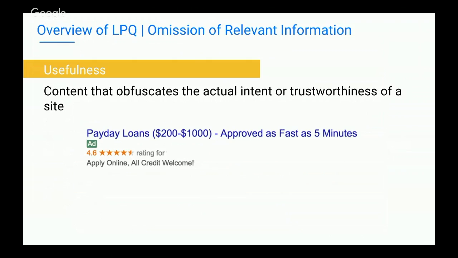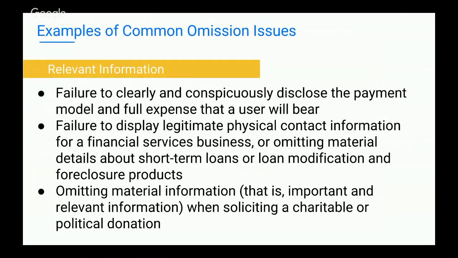It should be very clear to me that, hey, this website is for Tanisha's business and she makes money doing X, Y, Z, and I pay her for Y result. That is how it should go. A great example of this is a loan company that isn't super clear about how it's making money. So you need to be really clear about the payment model. What am I paying for? That needs to be completely explicit before I enter any personal information or payment information. The user needs to be kept completely out of the dark and in the light about everything that is going on and what they are paying money for.